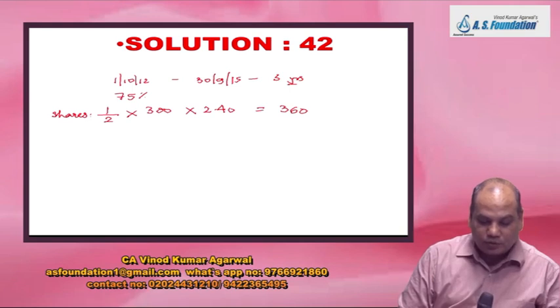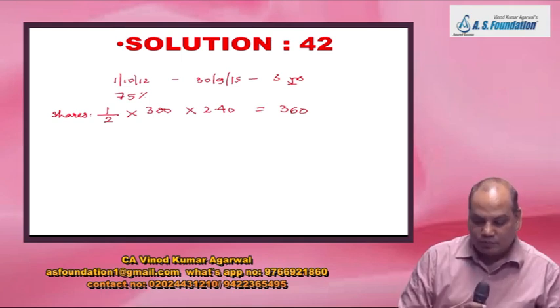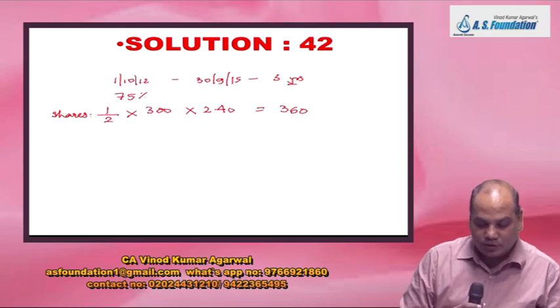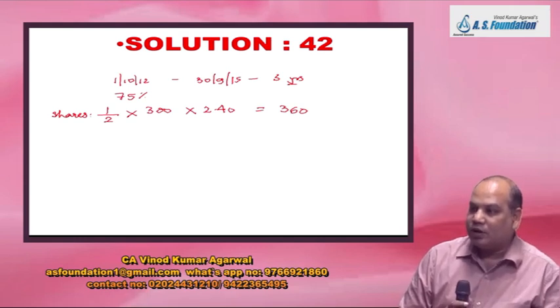The fair value of the research and development project on 1st October 12 was 20 million. So this we will add in intangible asset, 20 million. Because from the point of view of the acquirer, this has a value. In the books of the acquiree, it may not be treated as an intangible asset, but for the acquirer,